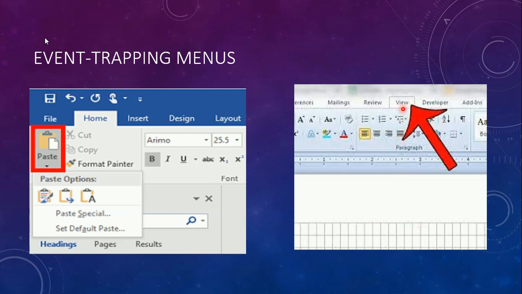Is it? So here, for the grid option, there will be two options: one is hide grid or show grid. Hide grid will be shown if you're actually displaying the grid on the screen. If it is already displaying the grid, then only you will get the hide grid option in the menu list.